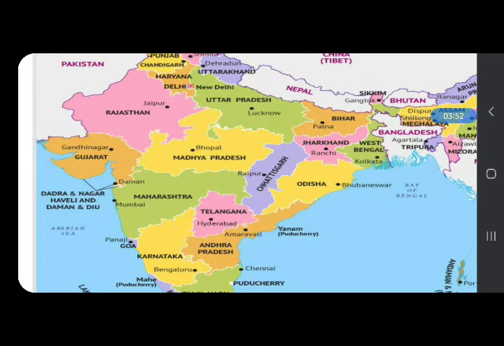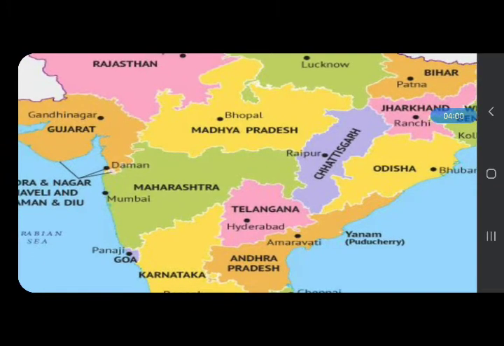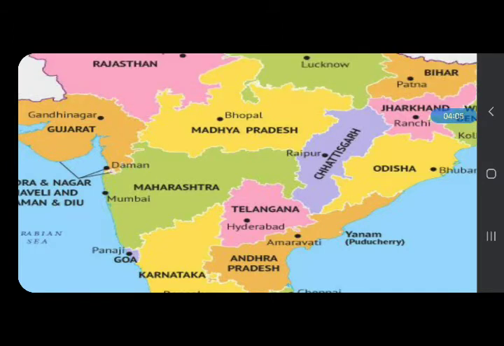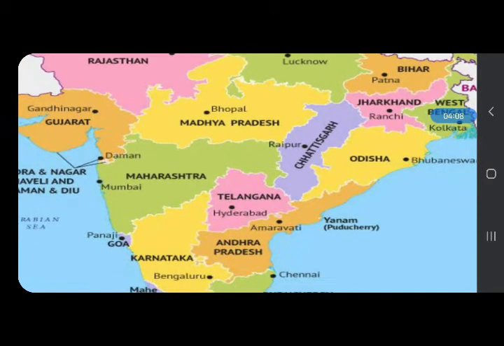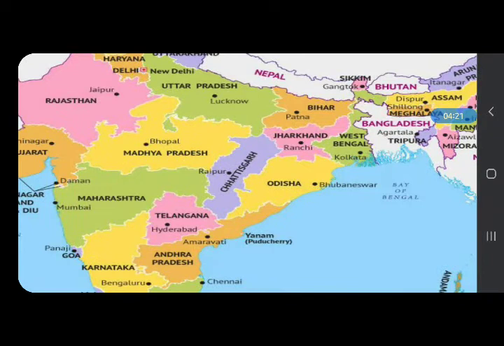It has a round black dot to mark the state capitals of India. Here you can see the capital is Bhopal. So its symbol is a black dot. So a round black dot is the symbol to mark the state capitals of India. And each state is marked in a different color. Pink, green, purple. And the seas, oceans, rivers and other water bodies are colored blue.